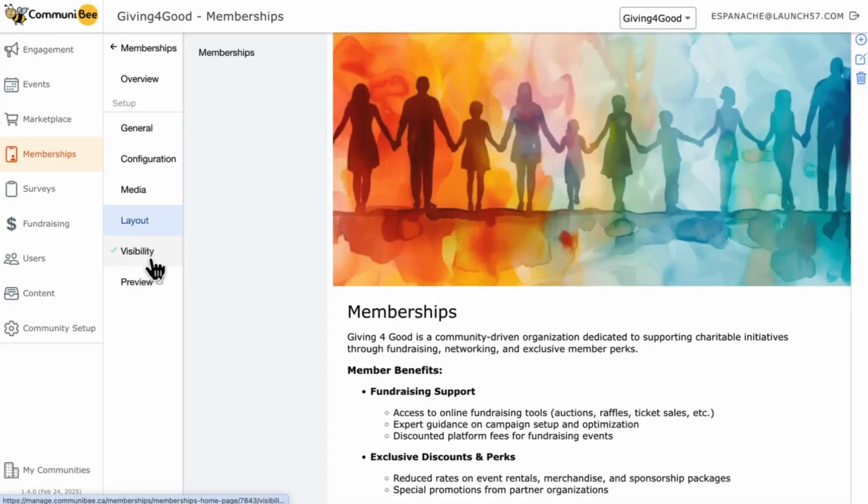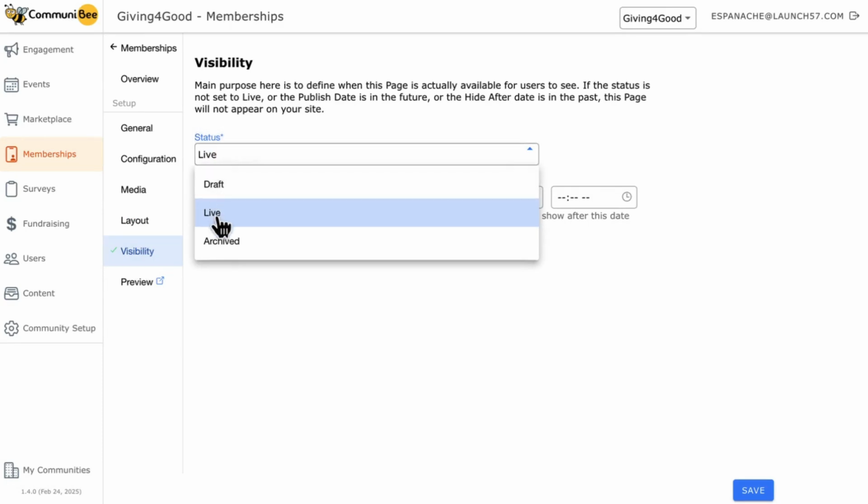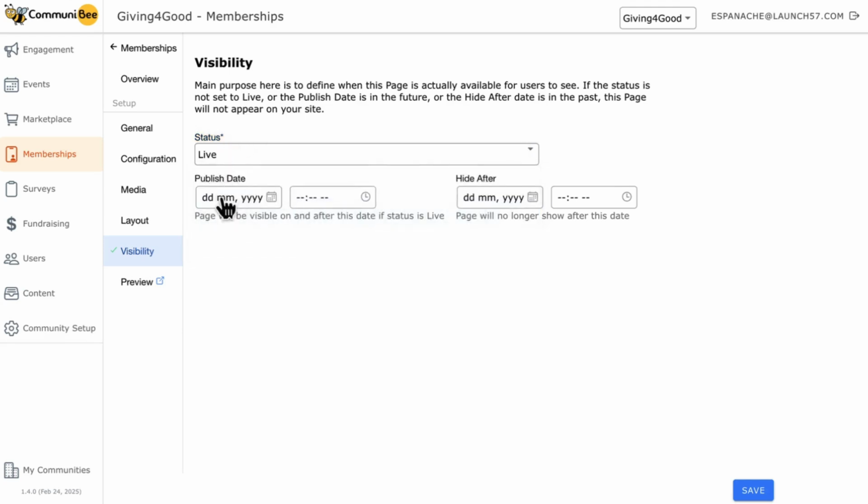Since I am happy with how my page is looking, I will move on to the visibility tab on the left-hand side. On this visibility tab, you can set the status to live, meaning that it can be visible on your site, draft, meaning that you're still editing, so it won't be visible, and archived is the first step to deleting a page fully. You can also set a publish date and a hide date,